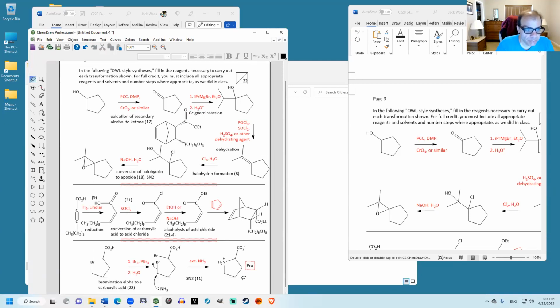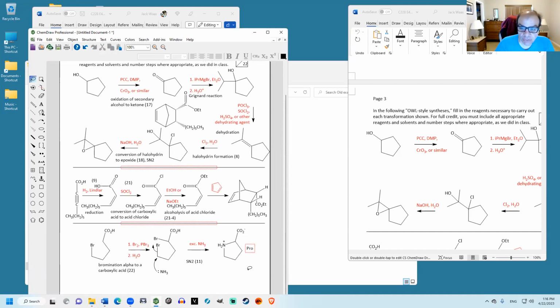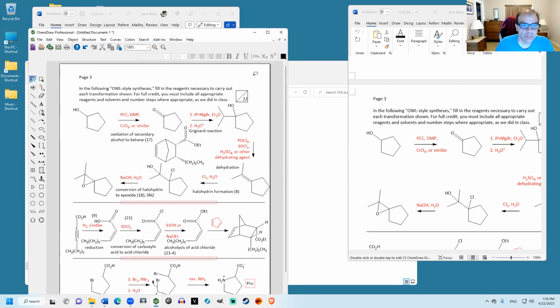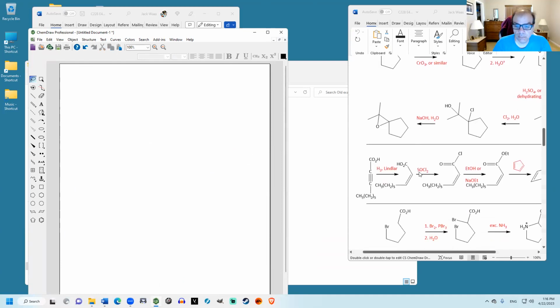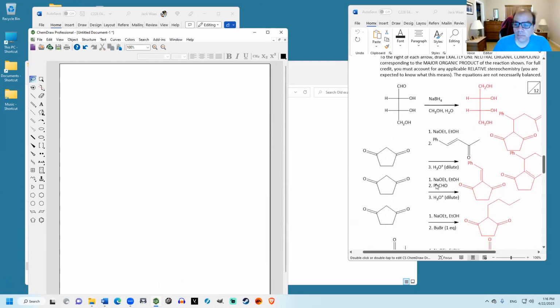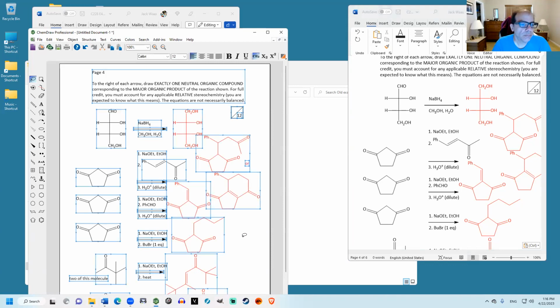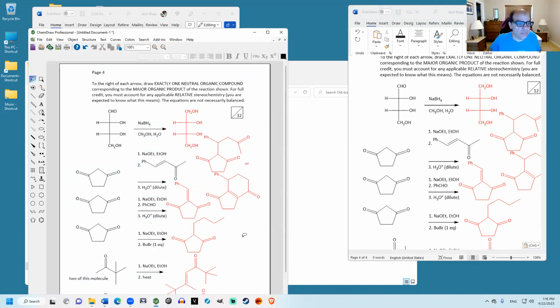So much for the synthesis questions. Next page is drawing the products from the starting material and the reagents. The first question